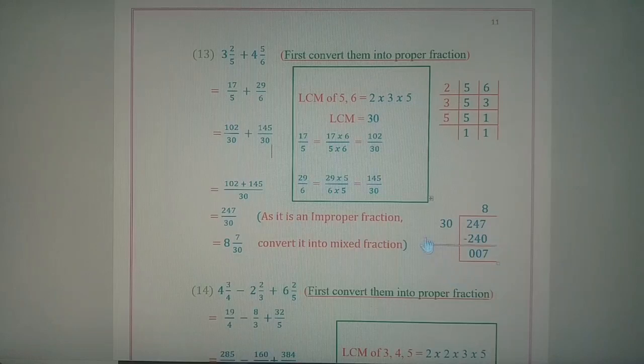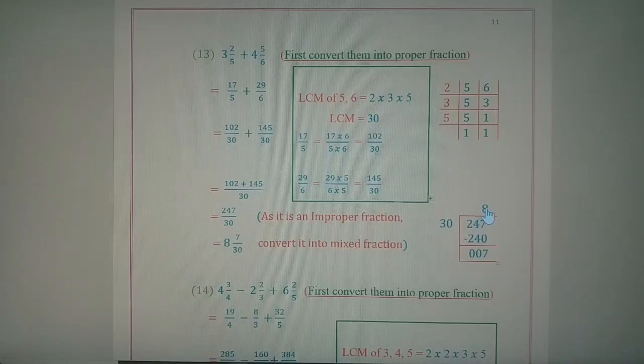So now this answer we can convert and write it as a mixed fraction. So we begin with the quotient. So first 8 has to be written, and then 7 has to be written, and then 30 has to be written. So we go in a clockwise manner, in the right circular manner. So we start with the topmost number, that is 8. So 8 will be written as 8 integer. Then 7 will be the numerator and 30 will be the denominator. So we'll write it as 8 integer 7 upon 30.